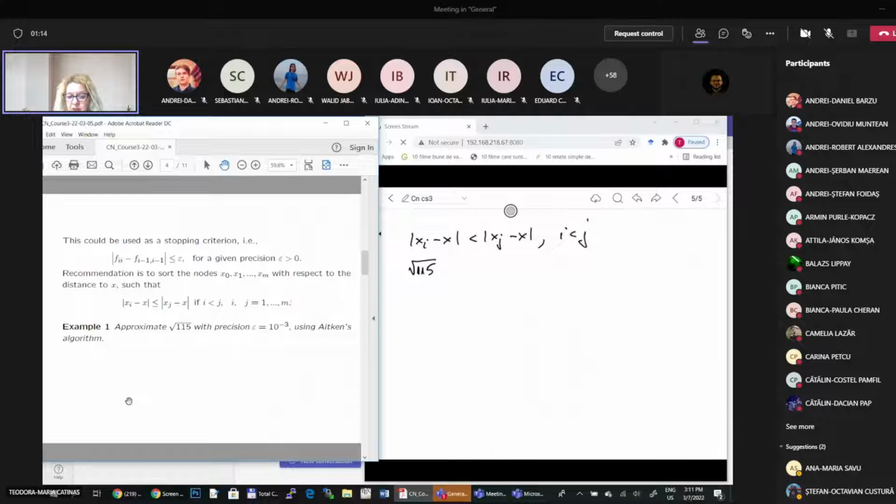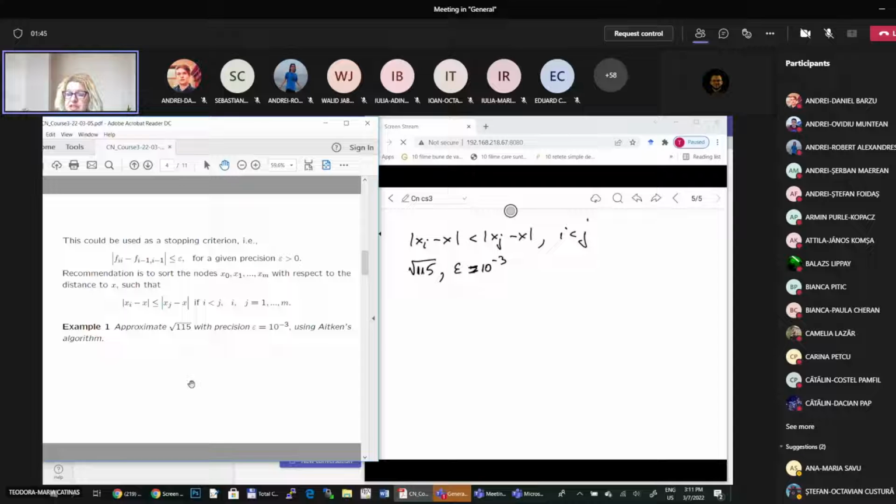We will consider the following example. Square root of 115 should be approximated with precision epsilon equal to 10 to minus 3. Of course, that precision you will reach using the algorithm during the lab. But now, to sketch the first steps, we have